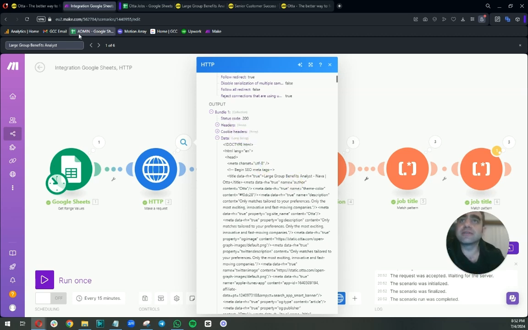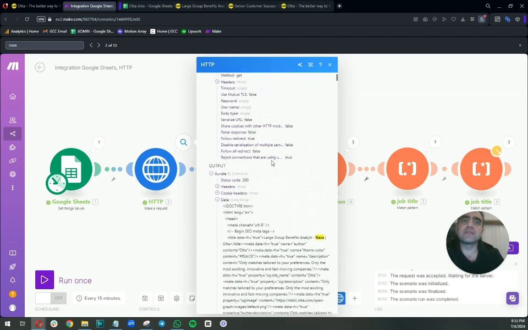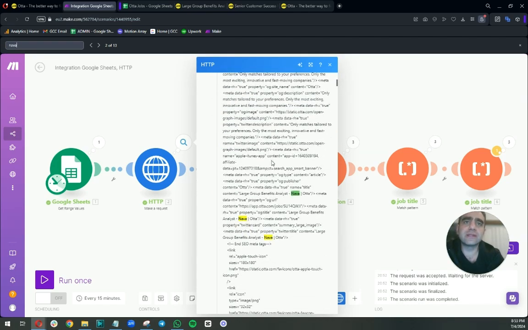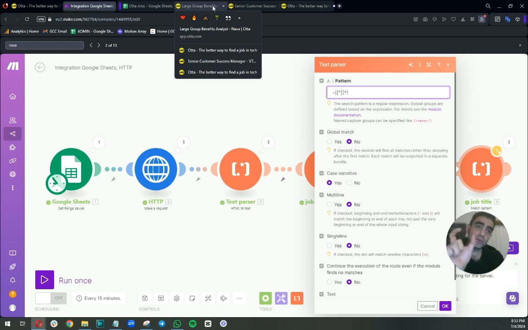So what we're gonna have to do is look for the company name from another location and see, okay, what's the next location? The next location is right here. And what we could try is, let's try the answer. Okay. No, we can't. We could just use that one specific large groups benefits analyst, but that would only work on one